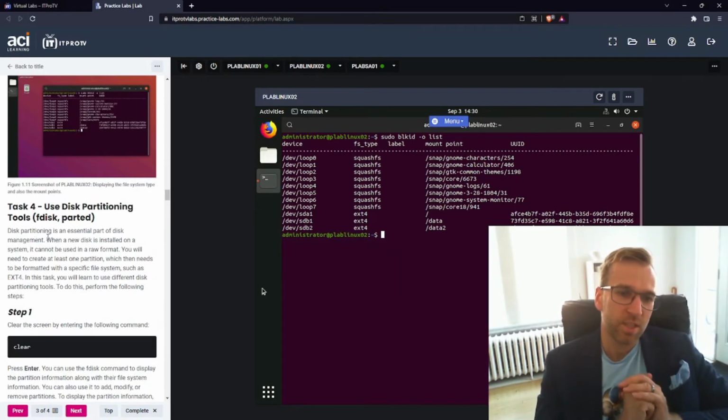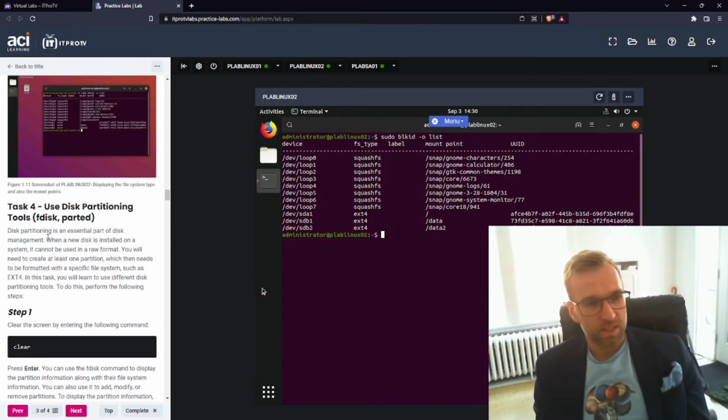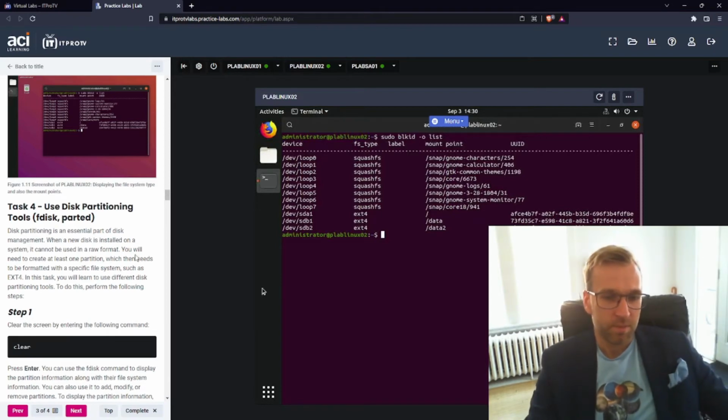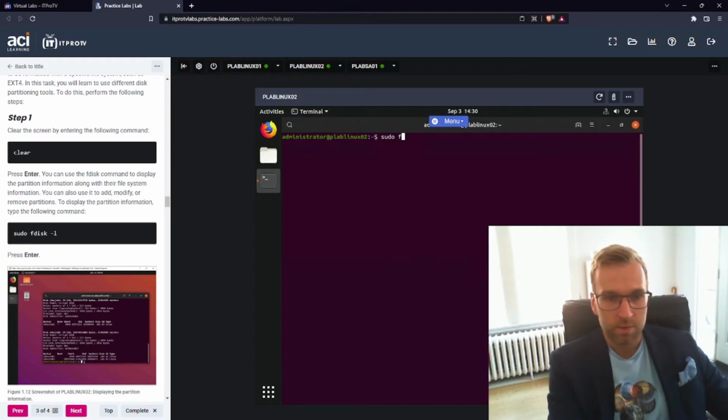Use disk partitioning tools, fdisk, parted. Disk partitioning is an essential part of disk management. When a new disk is installed in a system, it cannot be used in a raw format. You will need to create at least one partition, which then needs to be formatted with a specific file system, such as ext4. In this task, you will learn to use different disk partitioning tools. To do this, perform the following step. Happy to do so. All right, let's clear this and go sudo fdisk -l